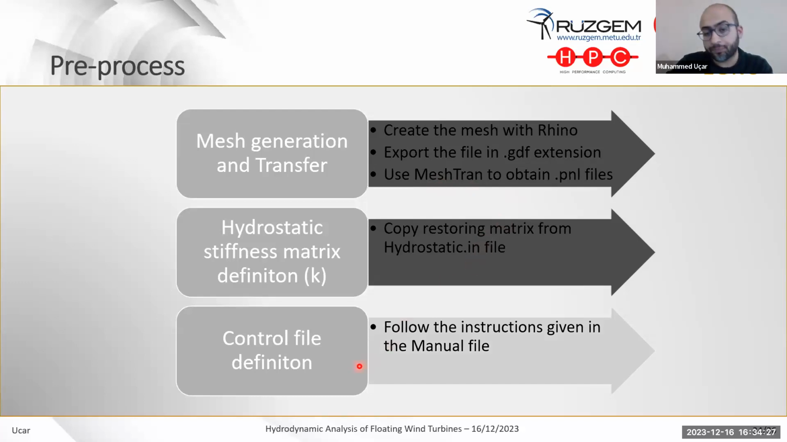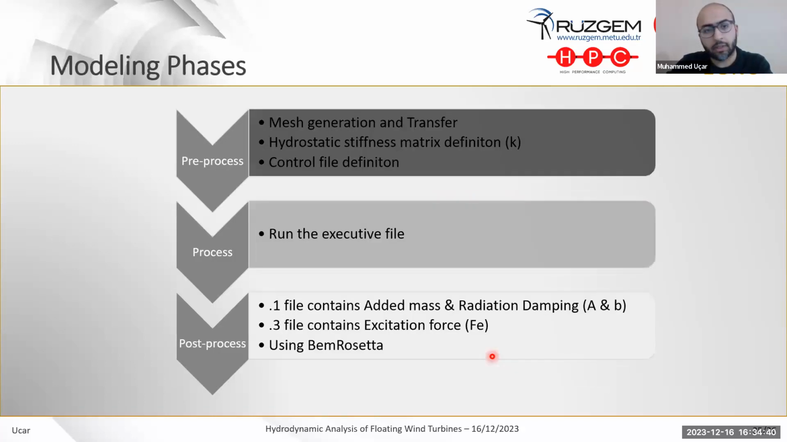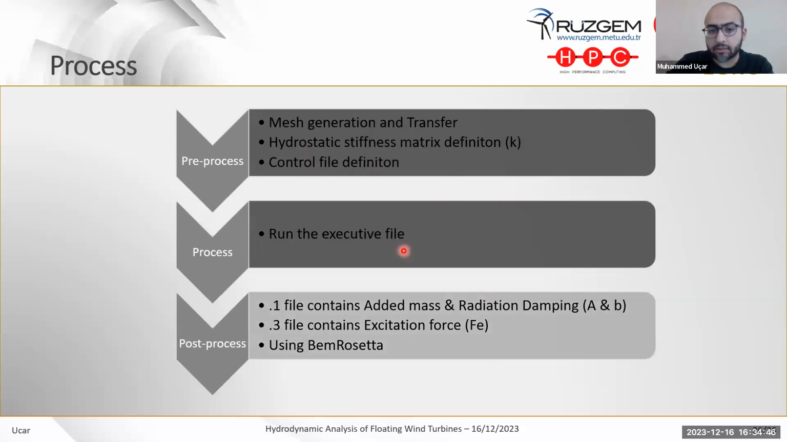And then you need to define the environmental condition in the control file by following the instructions given in the manual file of HAMS. So after doing these works, we are running the executable file, and then we are obtaining some files. That one file contains added mass and radiation damping. That 3 file contains excitation forces, and that HST file contains the hydrostatic stiffness matrix, which is actually the